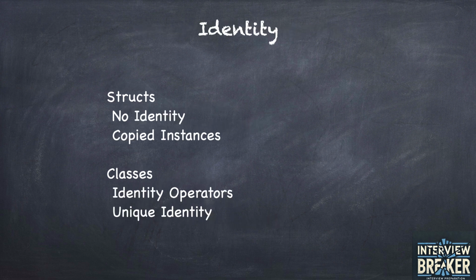Identity is another distinguishing factor. Structs have no identity beyond their value. Two struct instances are equal if their data is equal, even if they're separate instances. And classes have a unique identity. Use triple equals, and exclamation mark with double equals, to check if two references point to the same